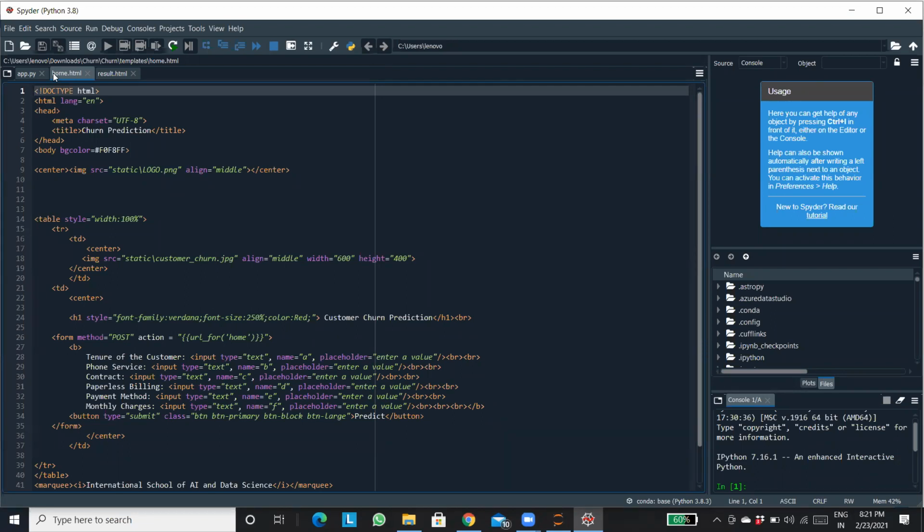Your front end, your web design is created in your HTML, right? Let me just annotate it. So this is your front end, this is your design that is created. That's created in your HTML, or you can use any other language that you guys want to use, right? But as I said, this front end design is something which we machine learning engineers or data scientists do not need to take care of. For that, we will be having web developers and web designers, right? They will be taking care of that. But for this, we have just created a simple front end.